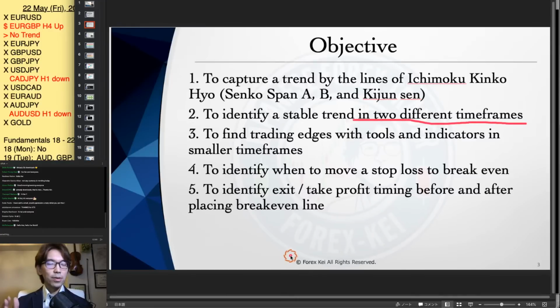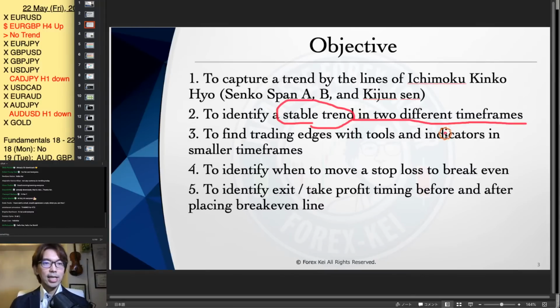So, when I try to confirm the stable trend, I usually look at two different time frames. So I do multiple time frame analysis and take trades. So yeah, to capture a stable trend, I look at two different time frames, like daily chart and 1 hour chart, or 4 hour and 1 hour, or 4 hour and 30-minute chart. The combination can be any time frames, but I usually look at two different time frames to capture and